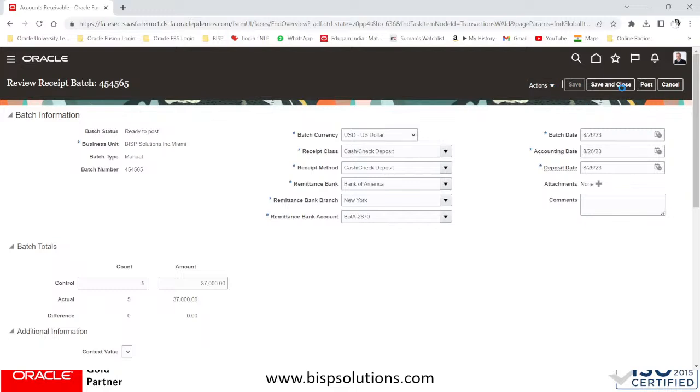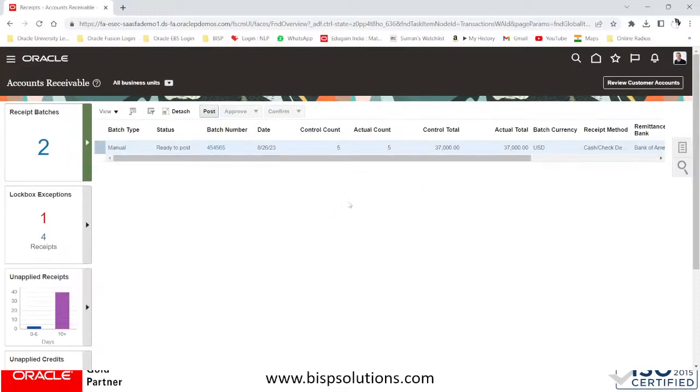So just save this and just post from here. You can post from here itself, or you can select this and post from here. I'll select and post from here. The post process has been submitted. ID number is this, right? So let us re-navigate